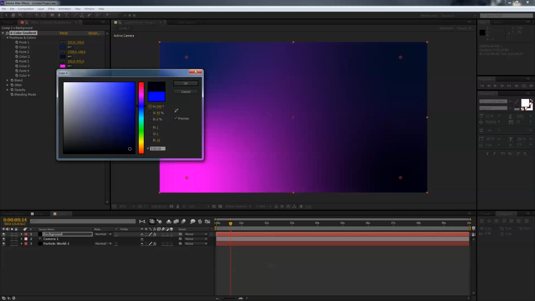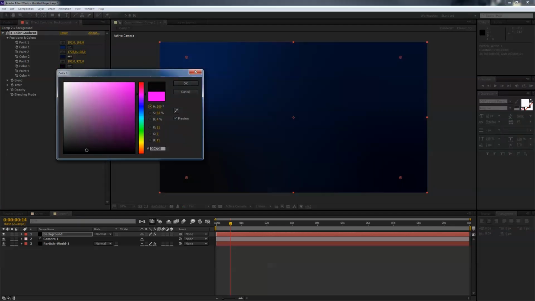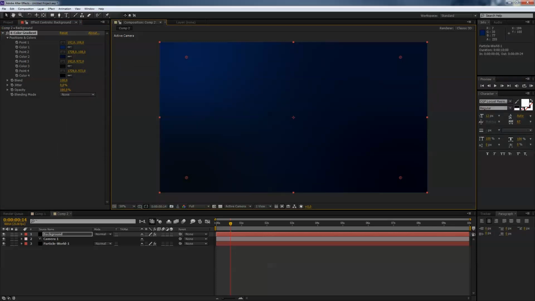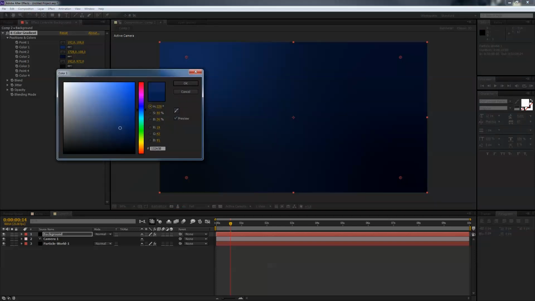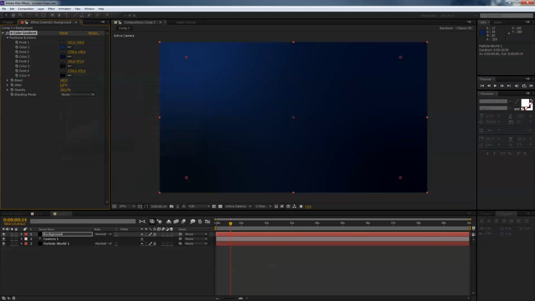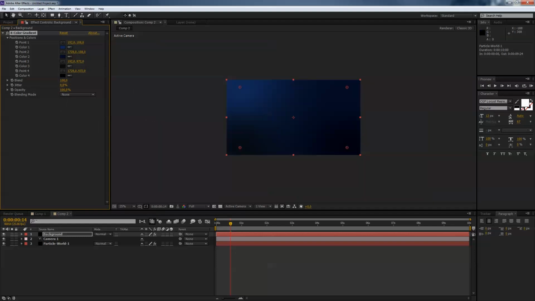So okay, and this one also nearly black but a little blue, like so. Okay, then we go to this and brighten it up a little bit for later. Okay, then we zoom out and we reposition these little points here like so,